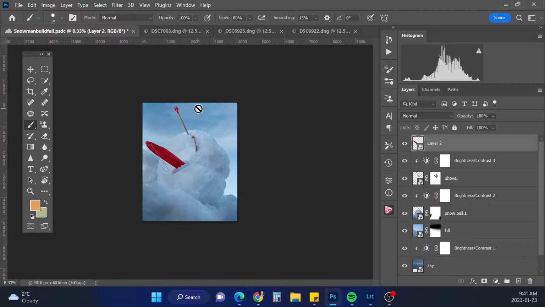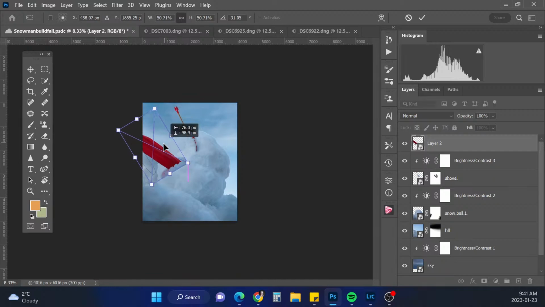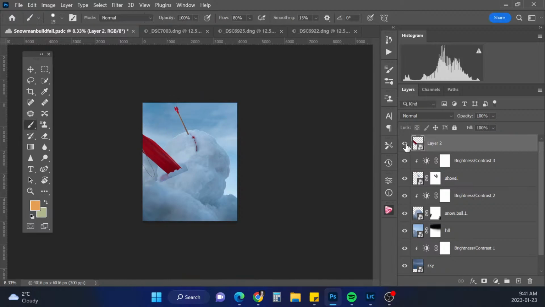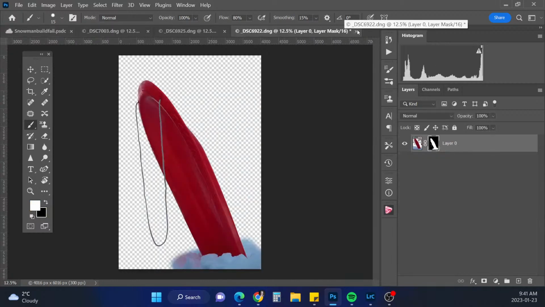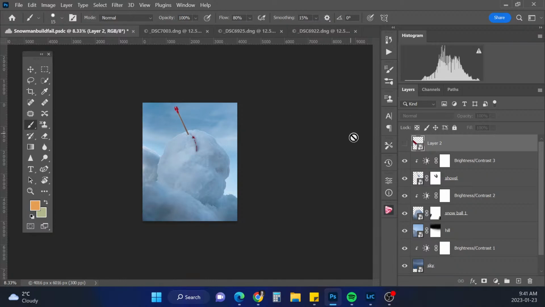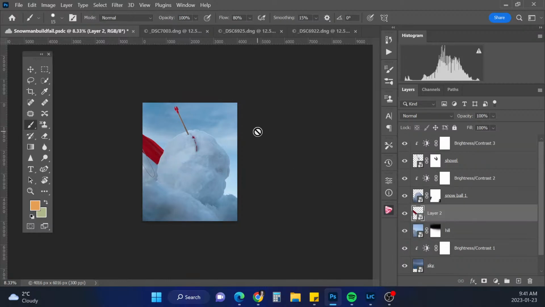Okay. Doesn't matter if it's going off the page. I may or may not keep the sled. It might just be a bit too big. So right now I'm just going to turn that off. I'll keep it in here, but I'm going to turn it off because we may or may not keep it. The other option with the sled would be to have it coming out behind the snowball